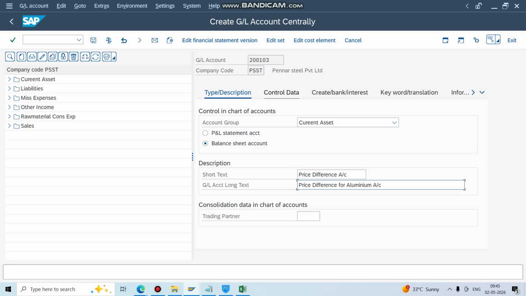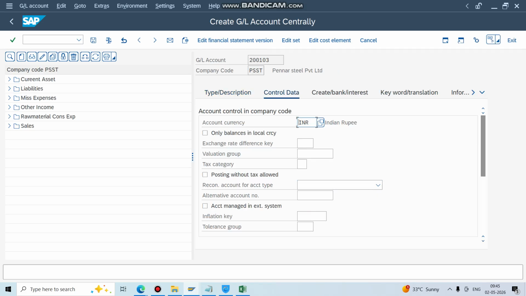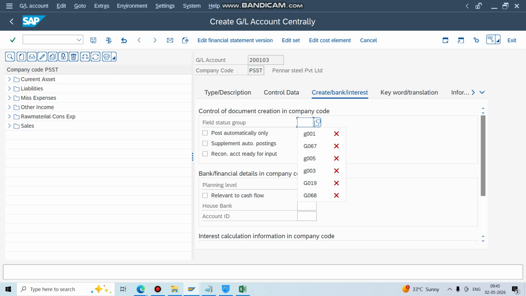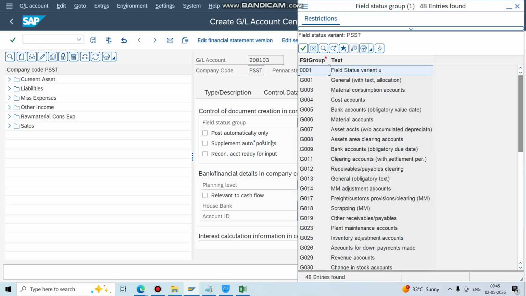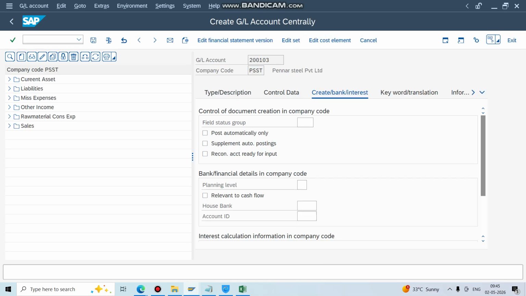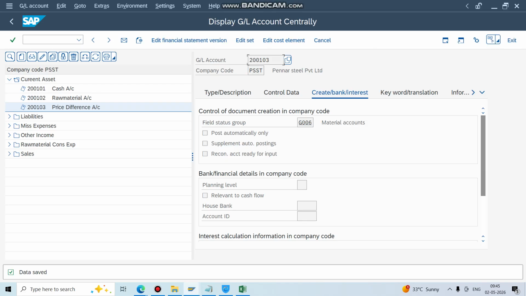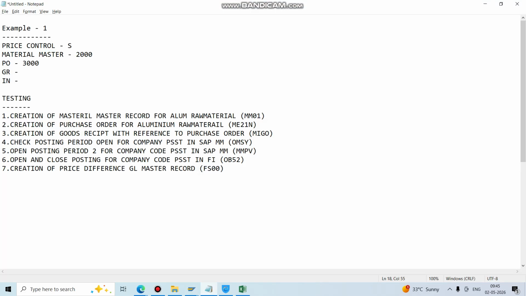Okay, go to control data. So for this price difference, select line item display. In S/4HANA we don't have line item display, but in ECC it is showing. So give some material group. This is related to GL account. You can select here material GL accounts and just save it. So this price difference account, what you need to do is you need to link to the PRD transaction in OBYC. So next step,